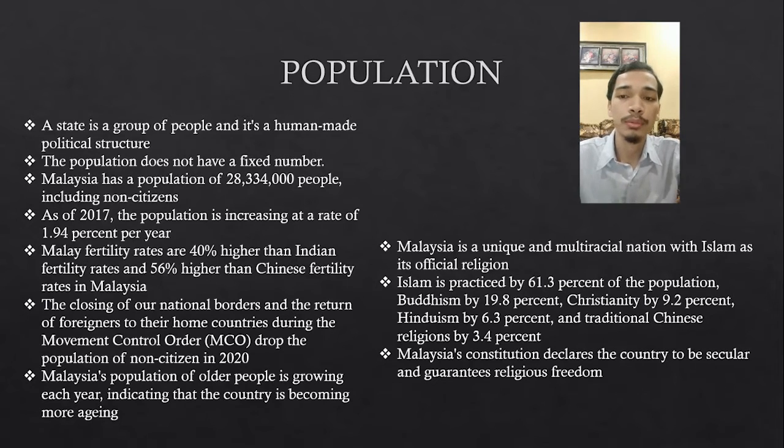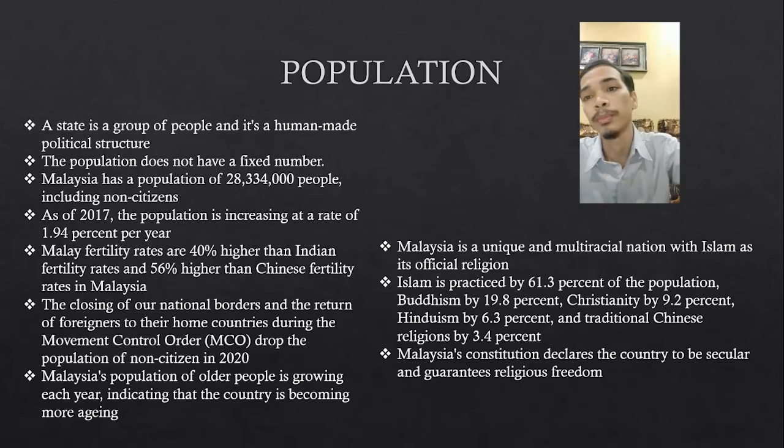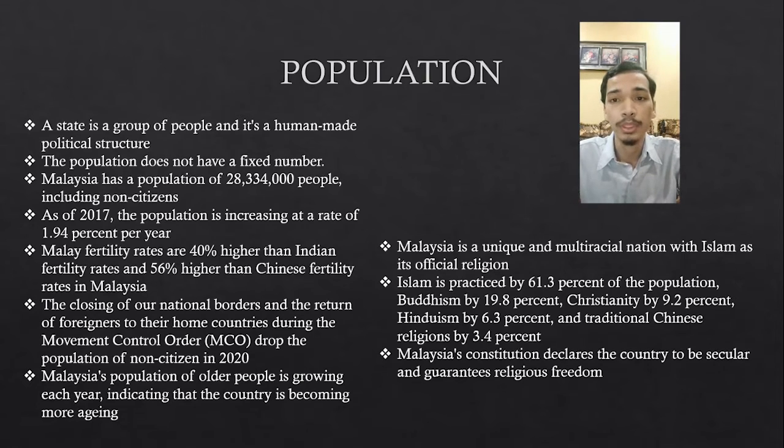With an annual growth of 0.4%, the population is expected to reach 32.7 million in 2020, up from 32.5 million in 2019. The fall in the population growth rate is due to a drop in the number of non-citizens from 3.1 million in 2019 to 3 million in 2020. This is compatible with the MCO, the Movement Control Order imposed in response to the global spread of the COVID-19 pandemic. With the population growing from 29.4 million in 2019 to 29.7 million in 2020, the growth rate of residents remains constant at